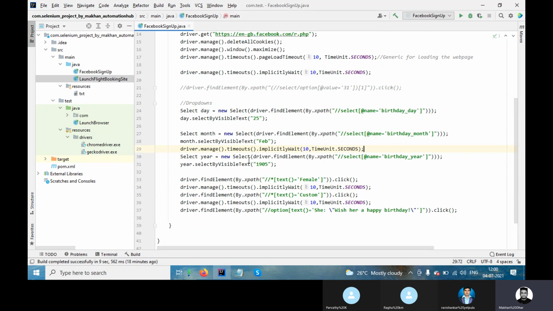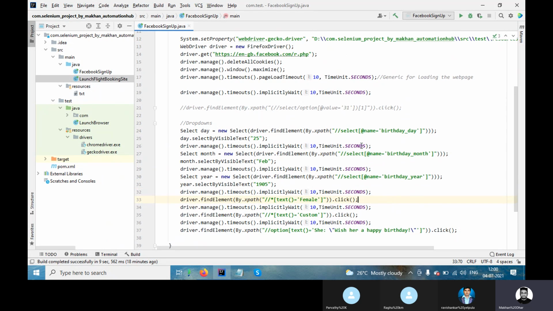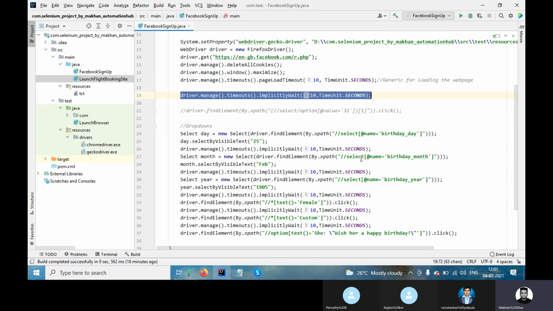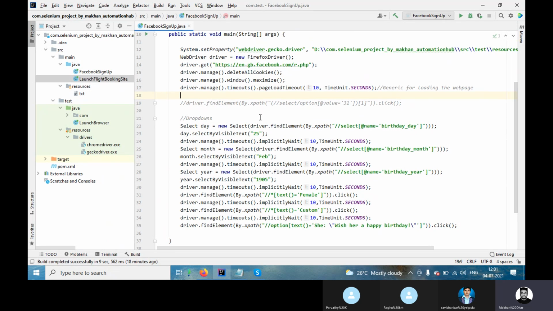Everywhere I'm keeping 10 seconds only, just for your understanding. Now let's run it. No need to use it here, because we already have the page load timeout, so we don't require this. Now let's run and see.